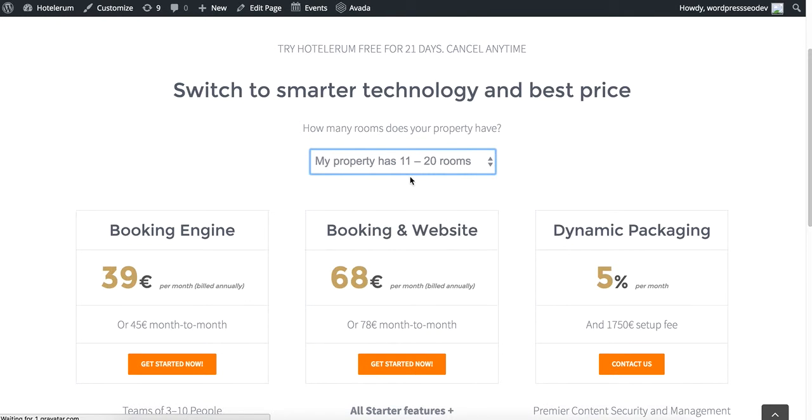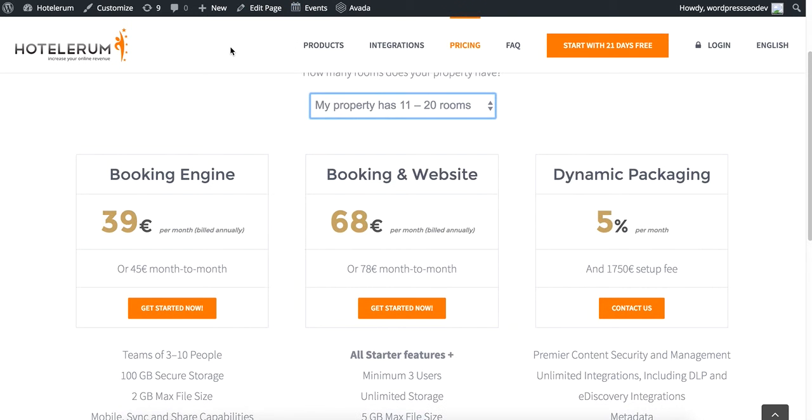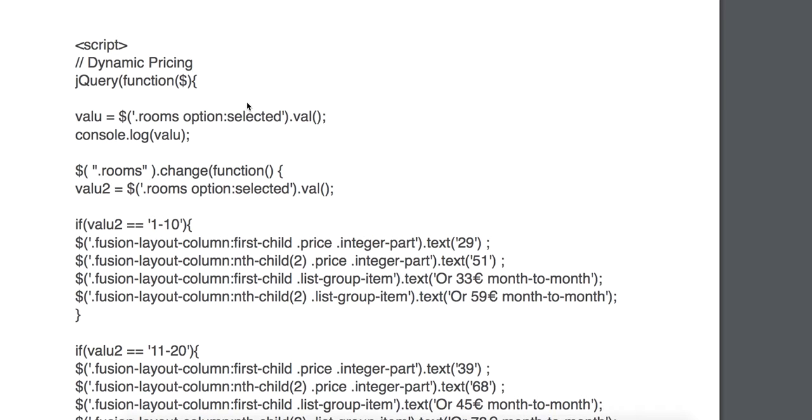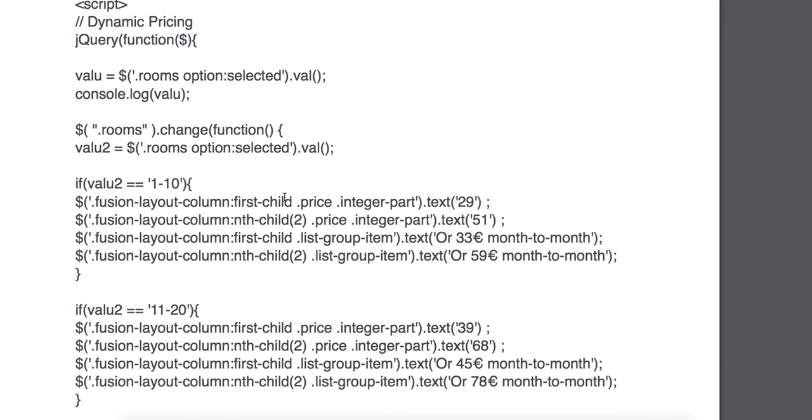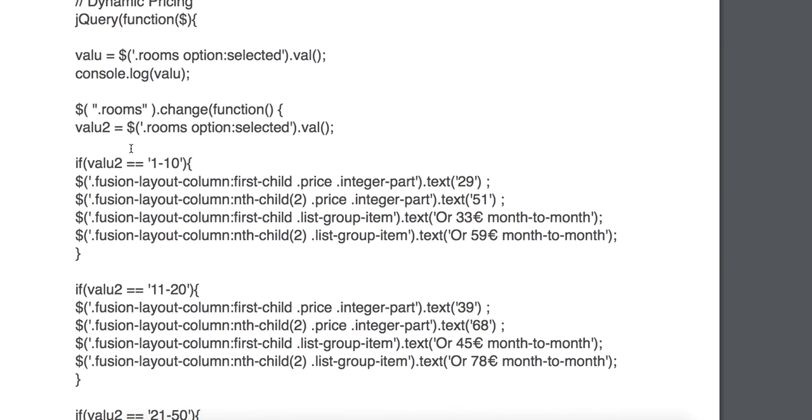So if I change to this one, whenever we change the drop down value, you will enter this function. When you enter this function, it will get the value of the selected drop down, and then once it gets the value, it will